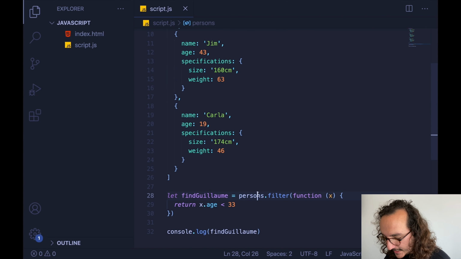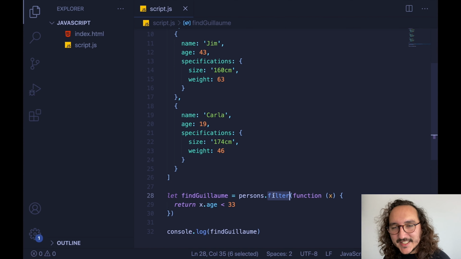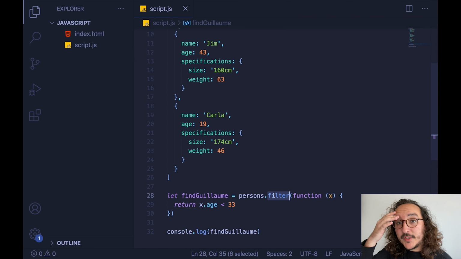He's older than the other person. So there we go. We can filter like this. It's really, really useful in JavaScript. The last element I wanted to show you